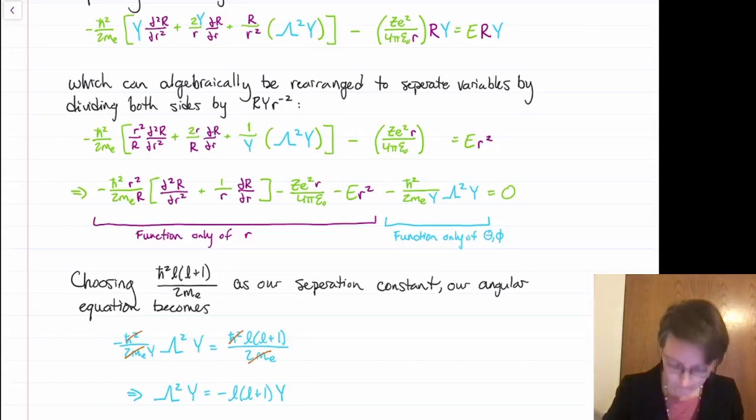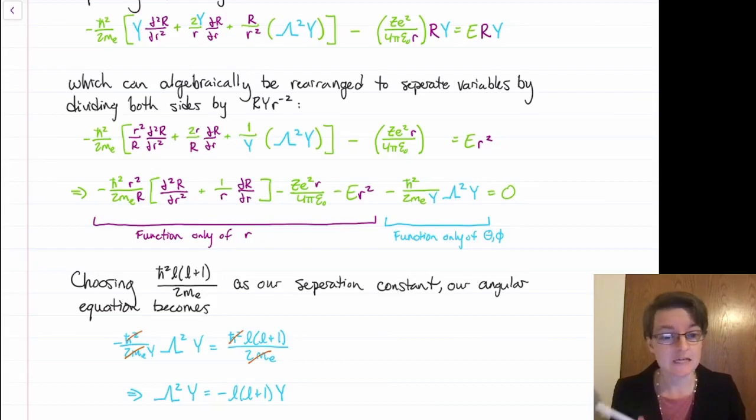this purple equation has to be equal to a positive constant, and the blue portion of my equation has to be equal to another constant that's equal in magnitude but opposite in sign. And you can choose any constant that you want, just like the letter C, but you can also be a little bit clever if you've already solved this equation before and make a clever choice of what to call your separation constant. And what I'm going to choose for my separation constant is